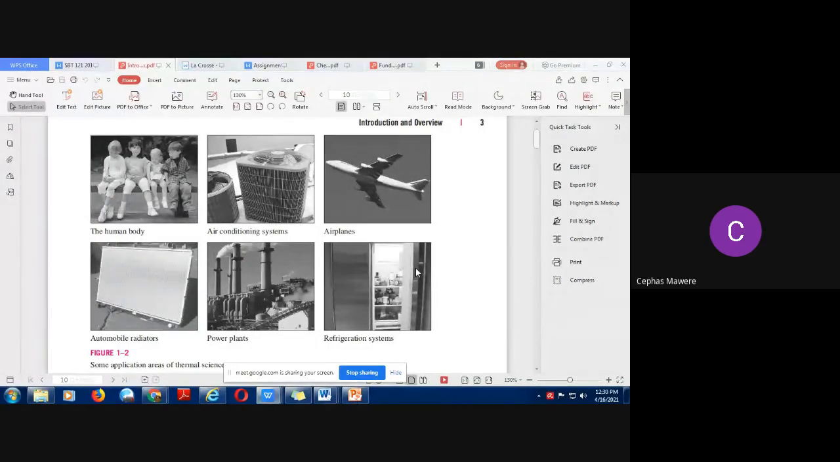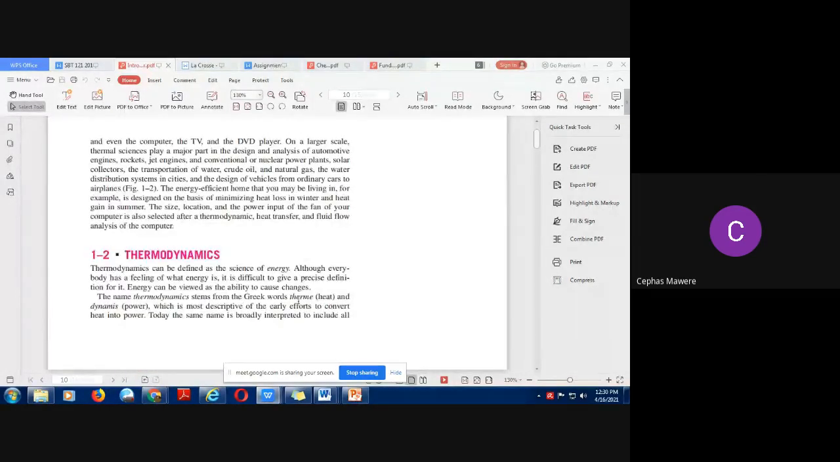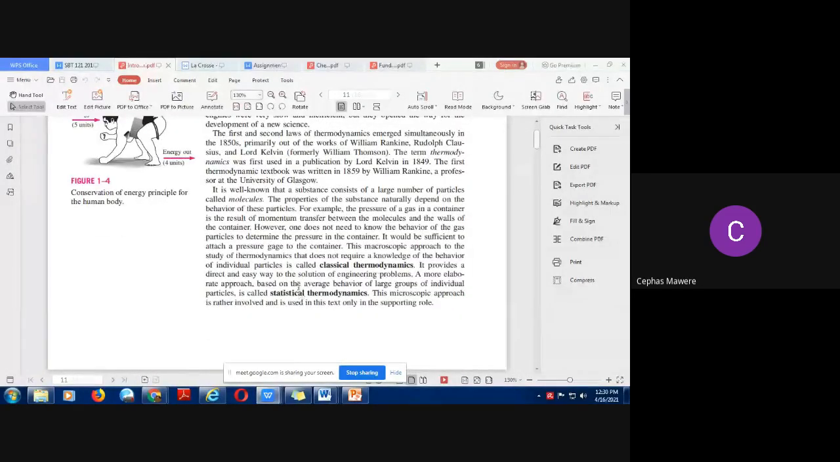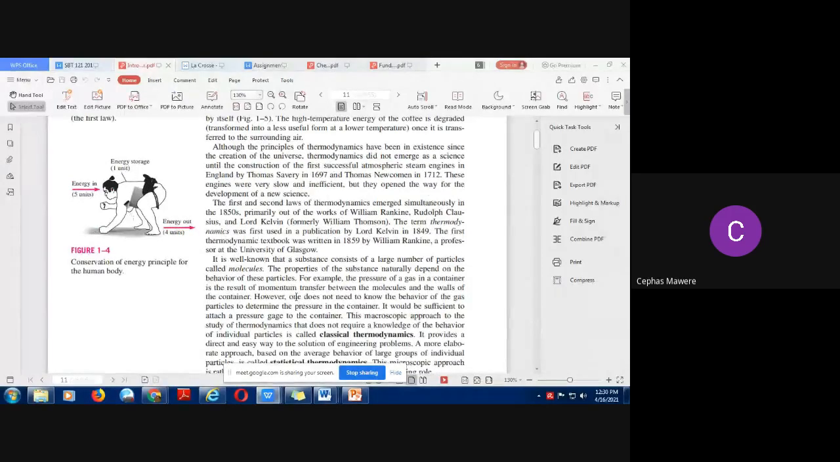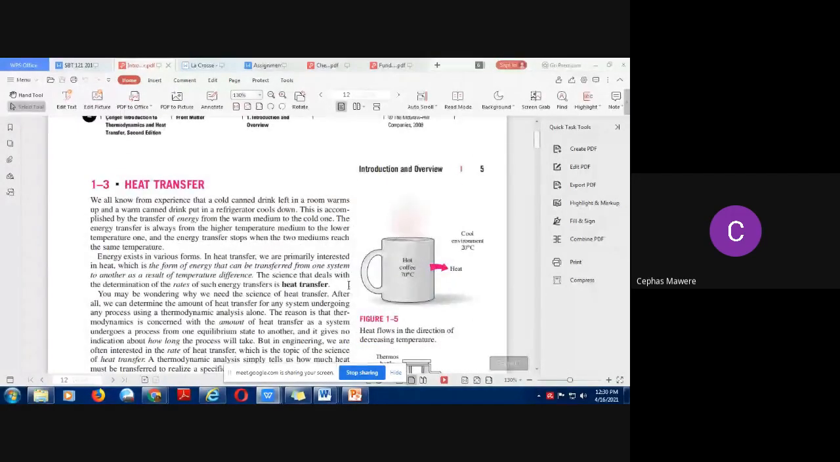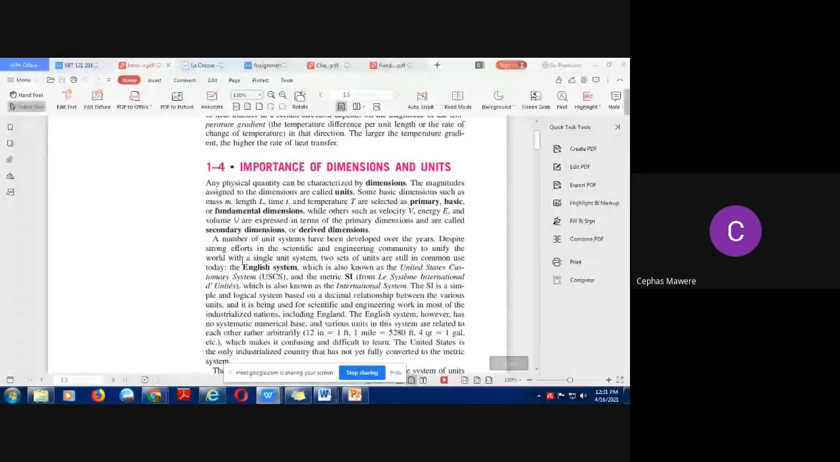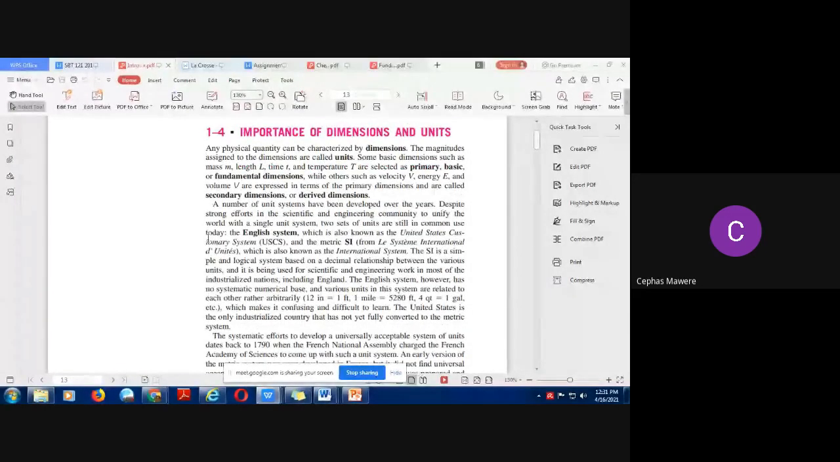thermodynamics. So basically, when we talk about applications of thermodynamics, like I said, you can apply them to the human body, to the air conditioning systems, to aeroplanes, to refrigeration systems, to power plants, to automobile radiators, or even car batteries themselves. And these textbooks are also visual in that they give you some diagrams to make it easier and enjoyable to go through these particular textbooks. So I hope that we are going to have a good time as we go through